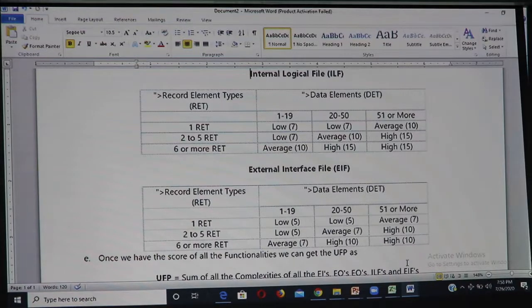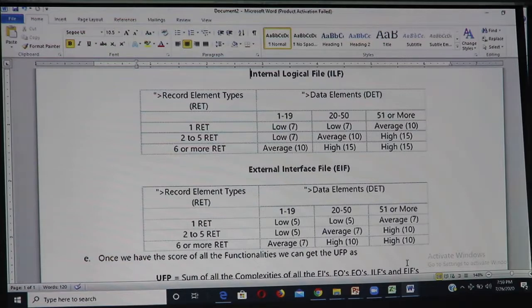The sizing is calculated based on the functionality. Sizing has nothing to do with technology. Technology will be the driving force for calculating the efforts. Our objective is to calculate the size of the software.